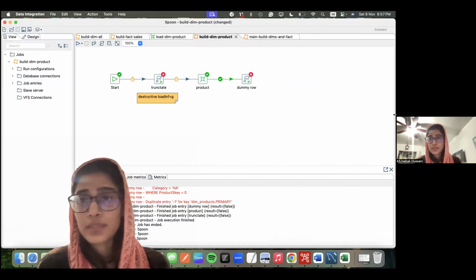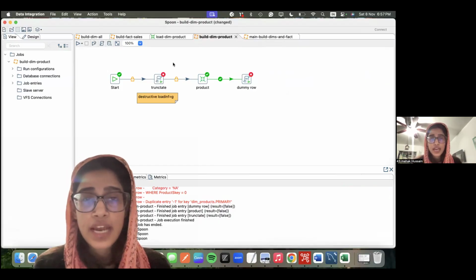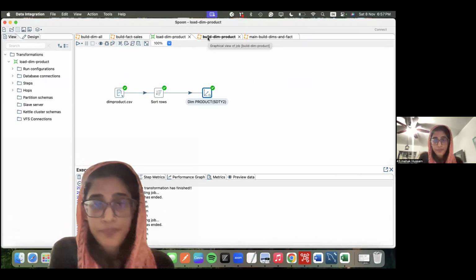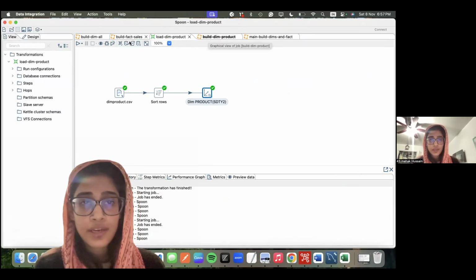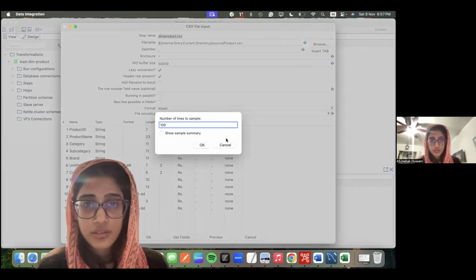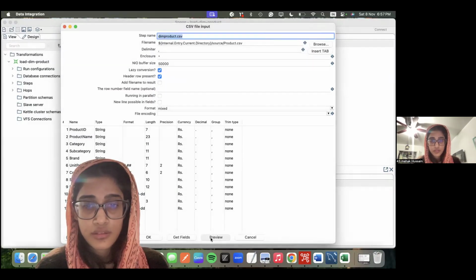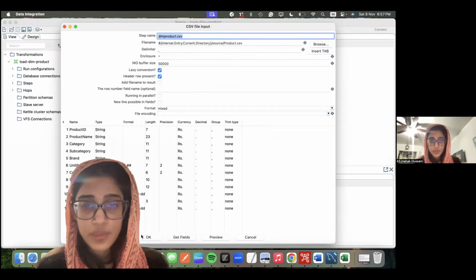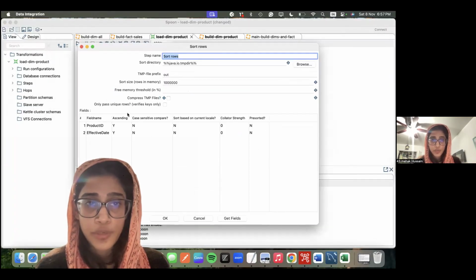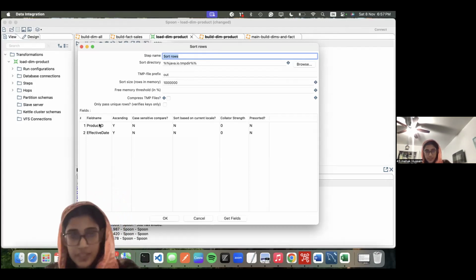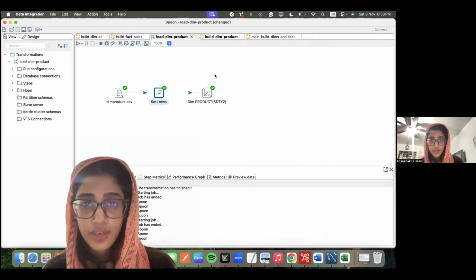Here's the project overview. Firstly, I started with the load dim product transformation. Here I loaded the CSV data. Here I sorted rows, and I have sorted fields product ID and effective date. And then